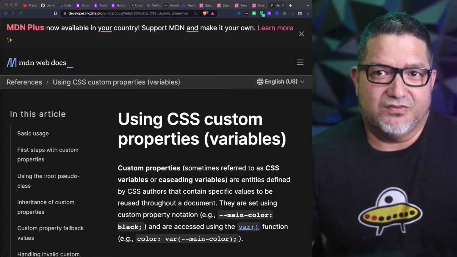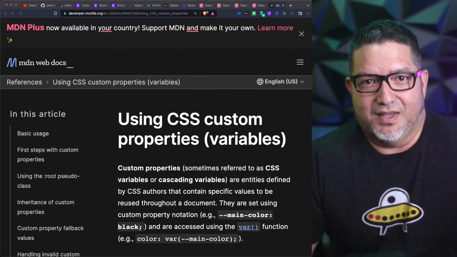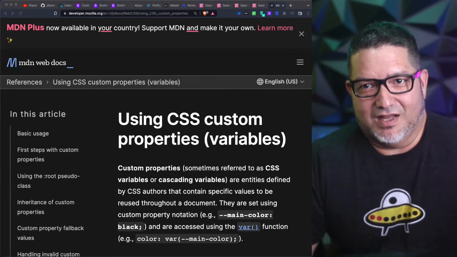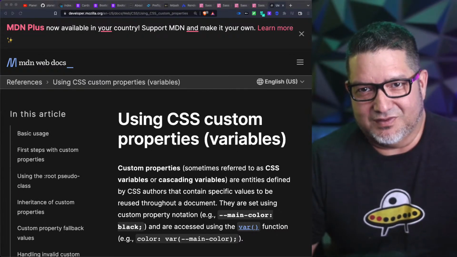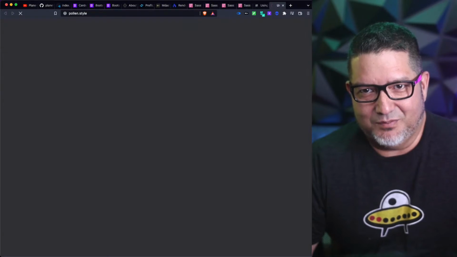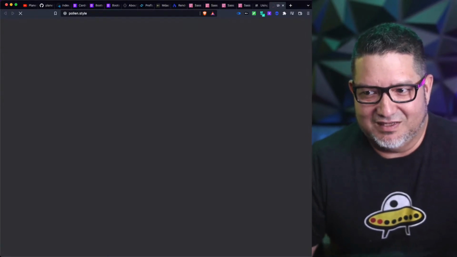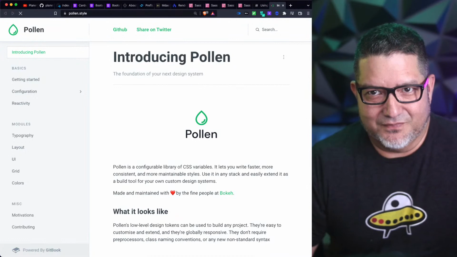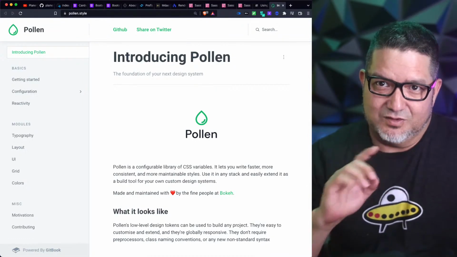So what are some frameworks doing with this? One of my favorite, actually, before I get into some of these other frameworks, I did want to show you one that you've probably seen me use a lot. Actually, this is something else. So this is a